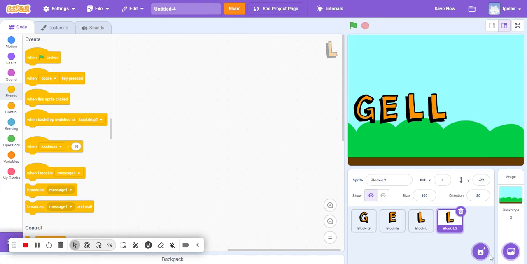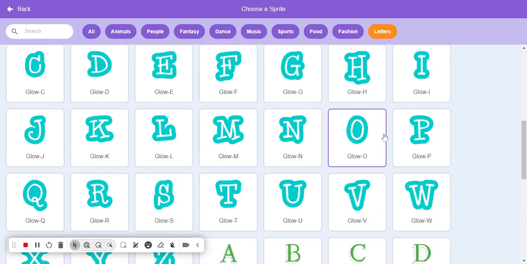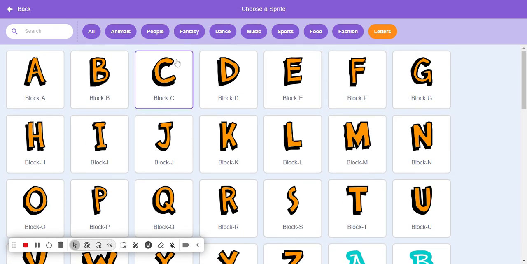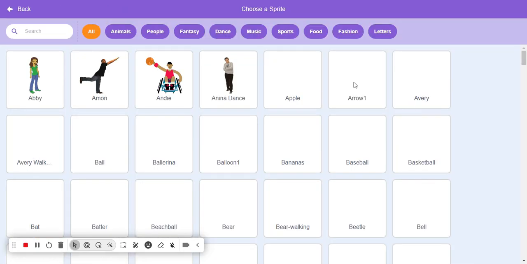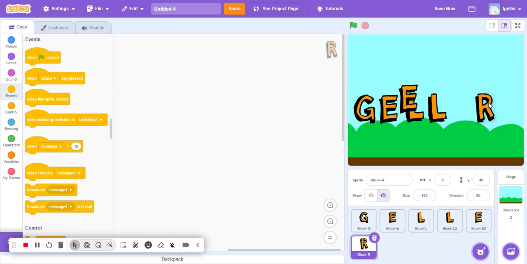They do have different options for letters. If I scroll down, different types of letters. And finally, the R. So now I have my letters situated, but I'd like to change the color of my